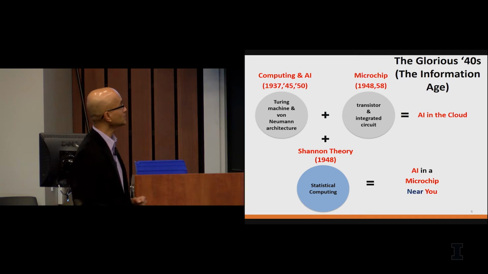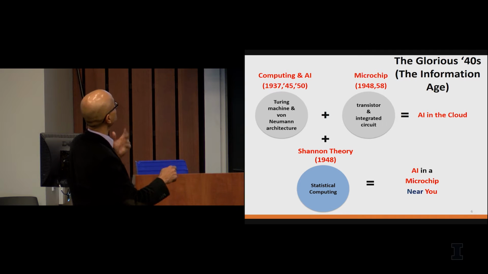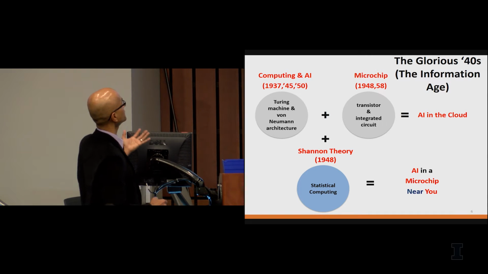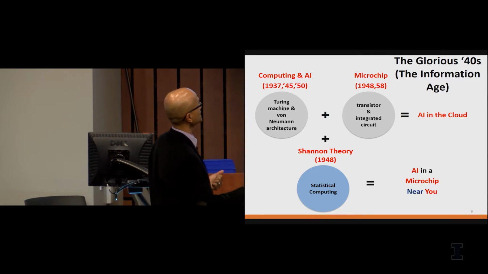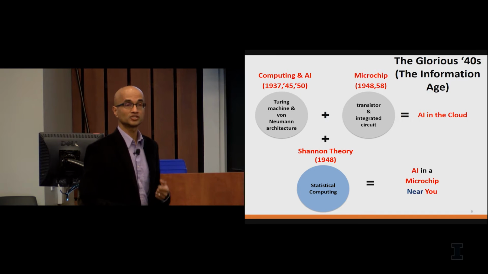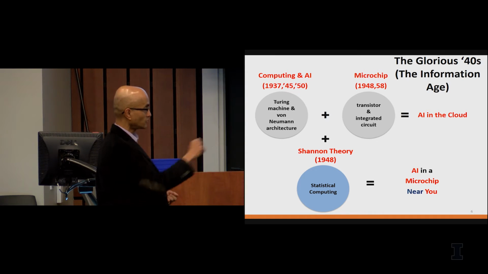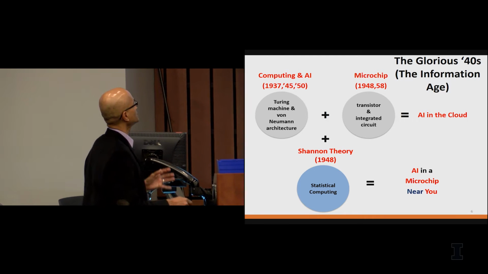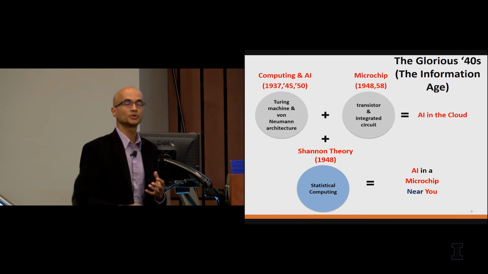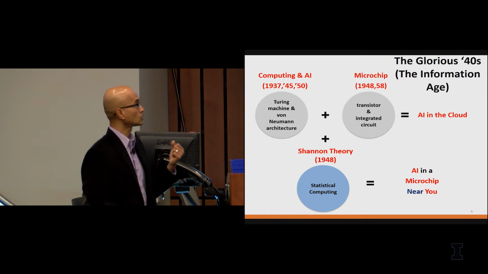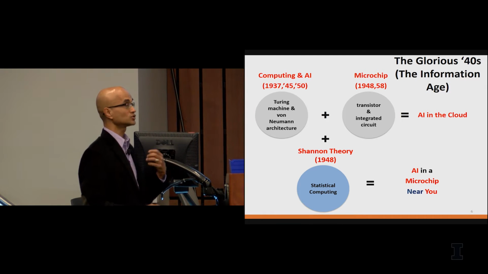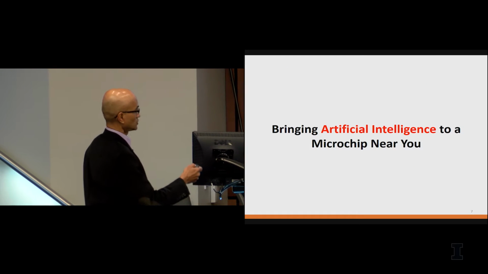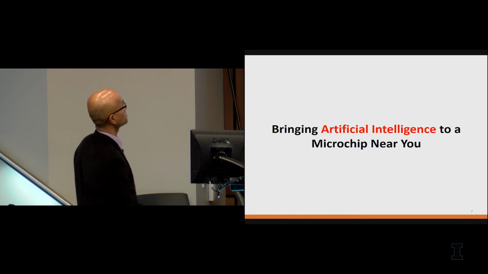So now I want to share with you some of the history of computing. I also want to share with you the history of microchips, and I have a number of samples here that I want to share with you. And then we'll end the talk with how Shannon theory was used and how we build AI chips today. So starting from the past, we'll come all the way to the present. So let's start off with the AI part of it,